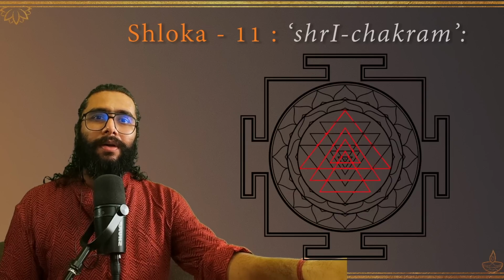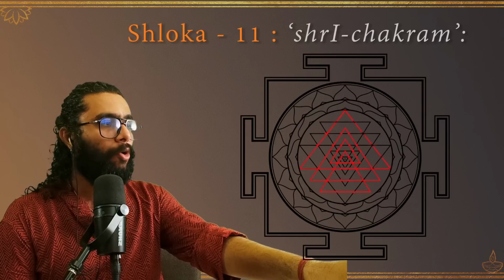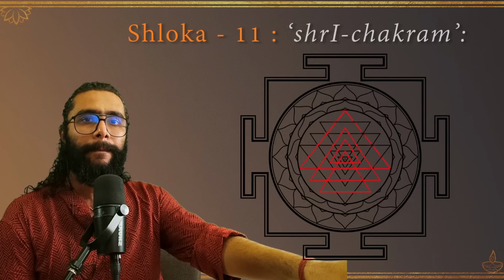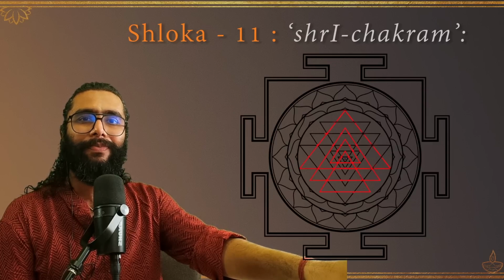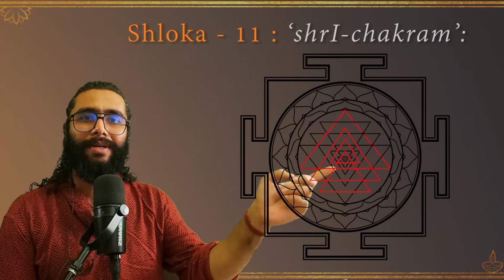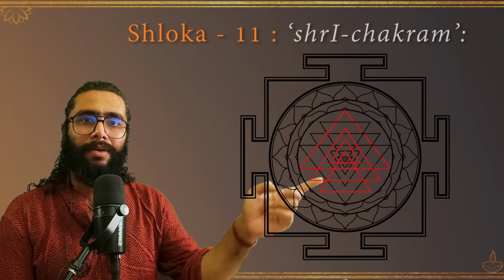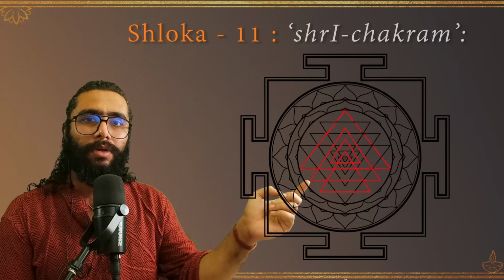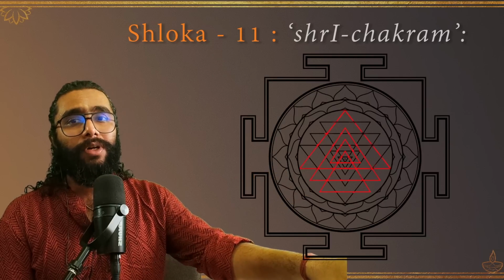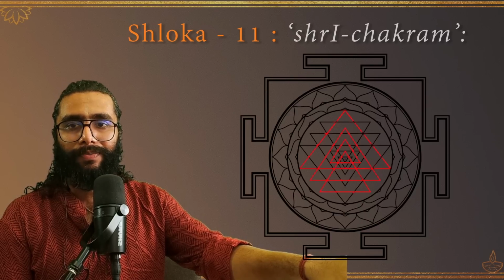As you see, there are 4 upward pointing triangles. Can you spot the 4 upward pointing triangles? They are in red. I hope it's clearly visible. My mouse pointer is not appearing on screen. Oh, my hand is. So this one is one triangle. This is the second. This is the third. And then this is the fourth. Chaturbhi Shri Kanthaihi, with 4 aspects of Shiva. Shiva Yuvatibhi Panchabhirapi. And there are 5 aspects of Shakti.